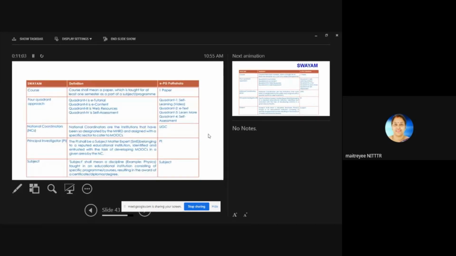So these are the different quadrants we use in MOOCs: e-tutorial, e-content, web resources, and self-assessment. These are the 4 quadrants. Quadrant 2 is your e-content. As a teacher, when you launch a course, this e-content part will come to you, because the recording and video part will come, and the editing will be done by the editors.